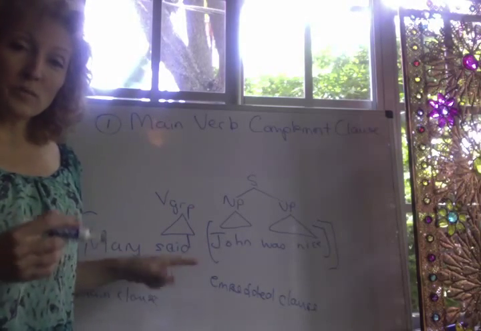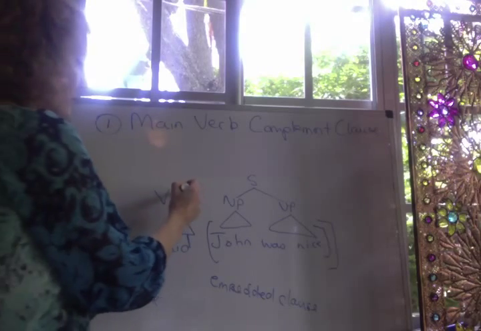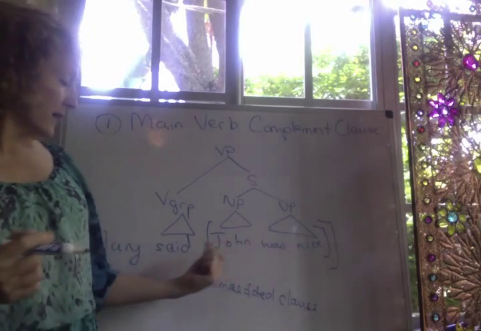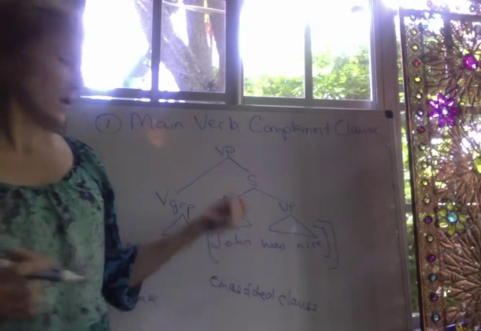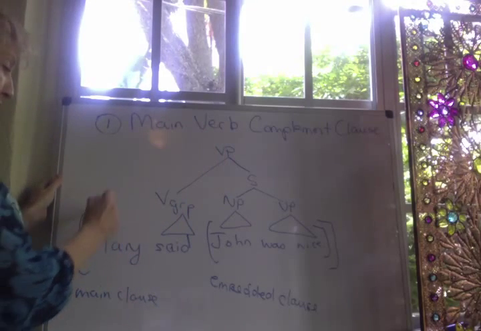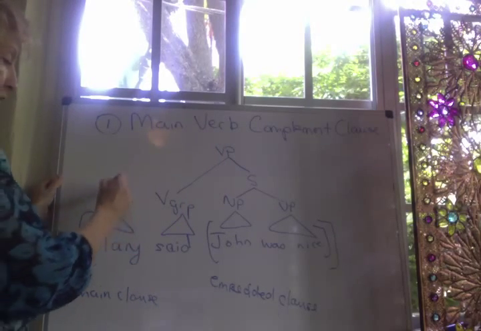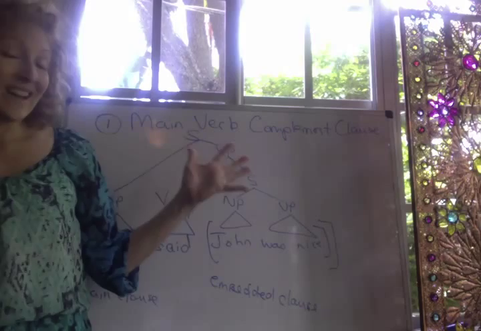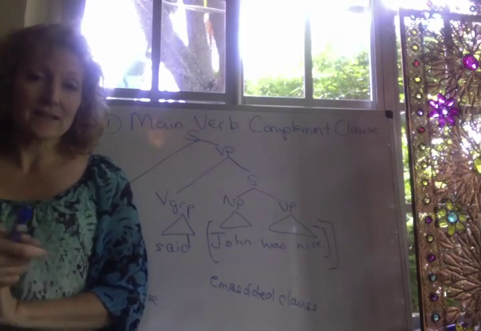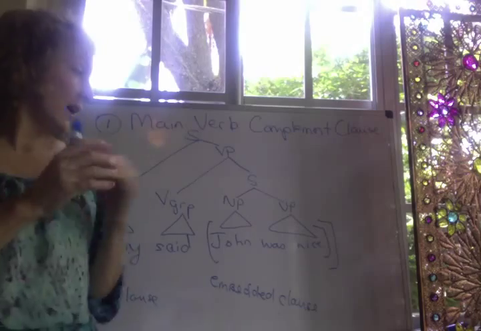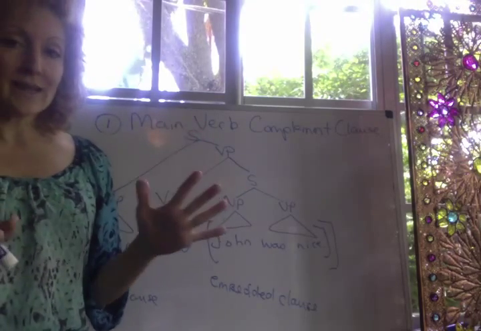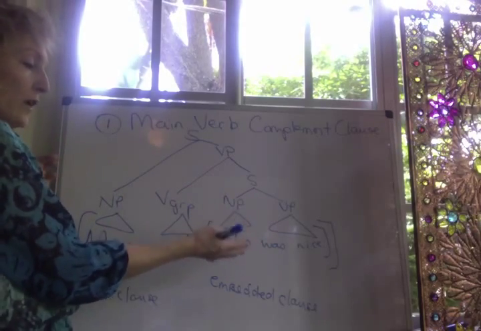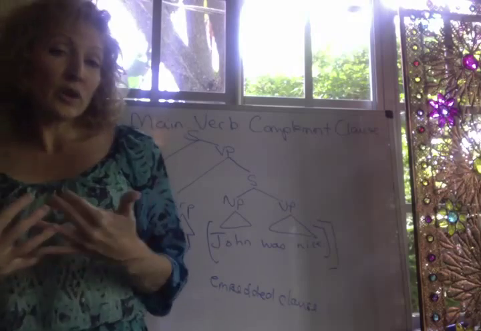as our main verb group is the verb said, and then we want to create a predicate with John was nice serving as the complement to that verb group. So that's our verb phrase, and of course we know Mary is the subject of the main clause, and the main clause is functioning exactly like every other clause in the sense that it's comprised of a subject and a predicate. So this is going to be the basic structure that you're going to have for every type of embedded clause when you have an embedded clause that is occurring as a complement